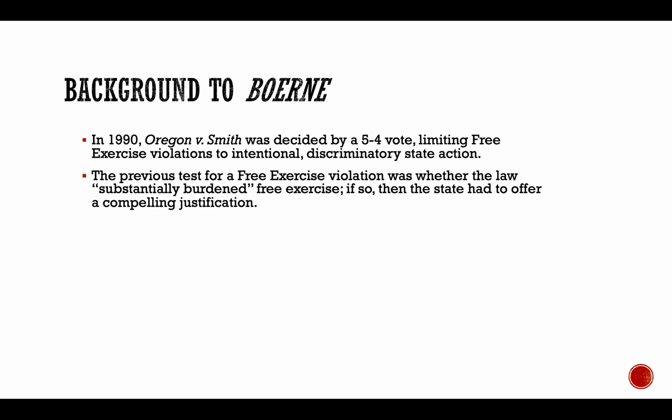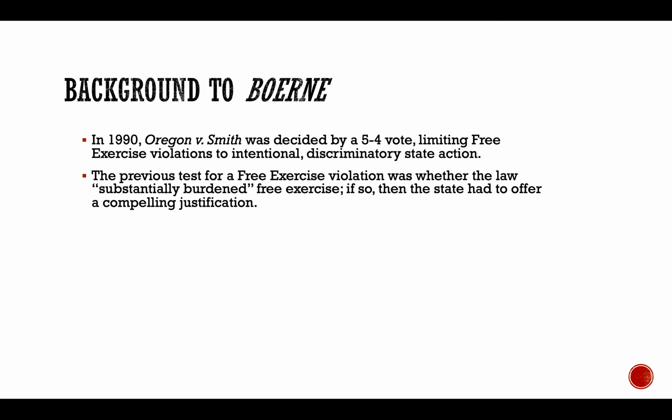Right? So it was fairly easy for an individual to show a substantial burden because the courts really didn't want to second guess someone claiming that their religious exercise was substantially burdened. So therefore, the state was usually in the position of having to offer a compelling justification. And you'll understand this better when you study these individual rights cases in Con Law 2, but it's very difficult for a state to offer a compelling justification because the state almost has to argue that it would be impossible to meet its goal if it didn't punish the individuals at issue here, which is almost an impossible task to meet.